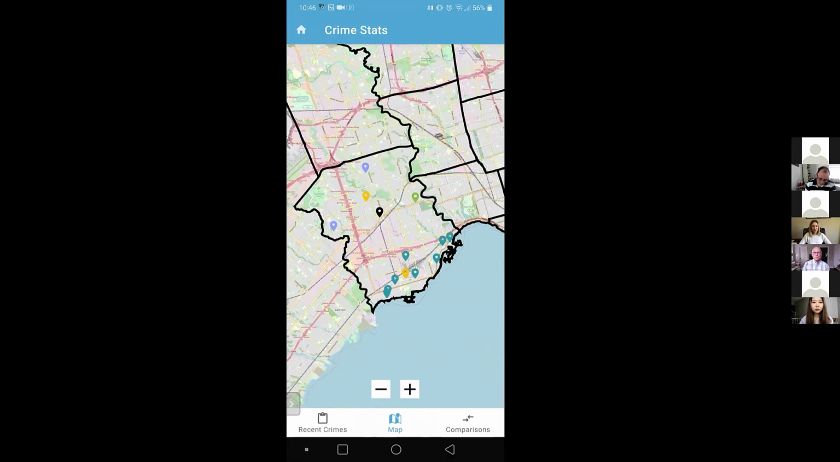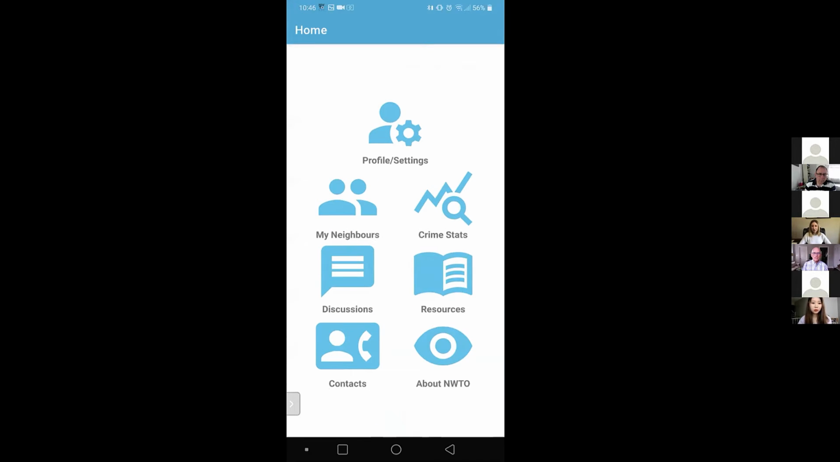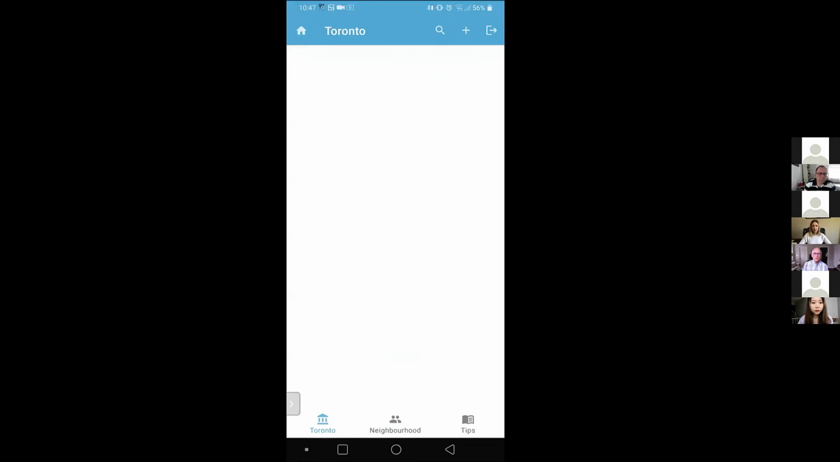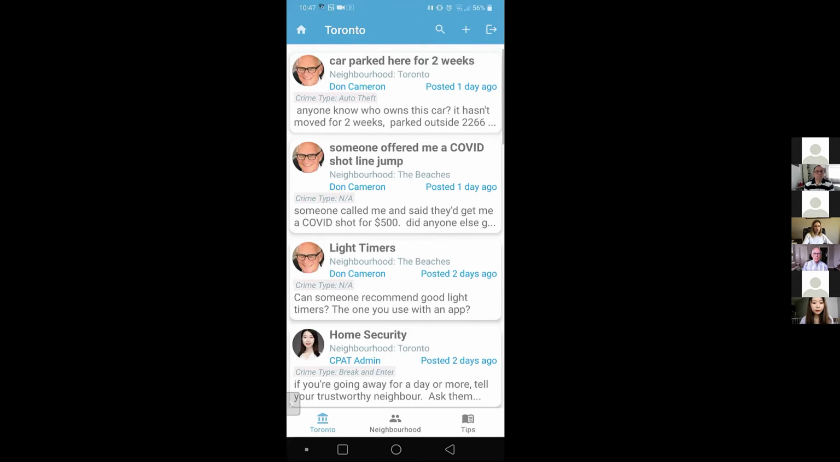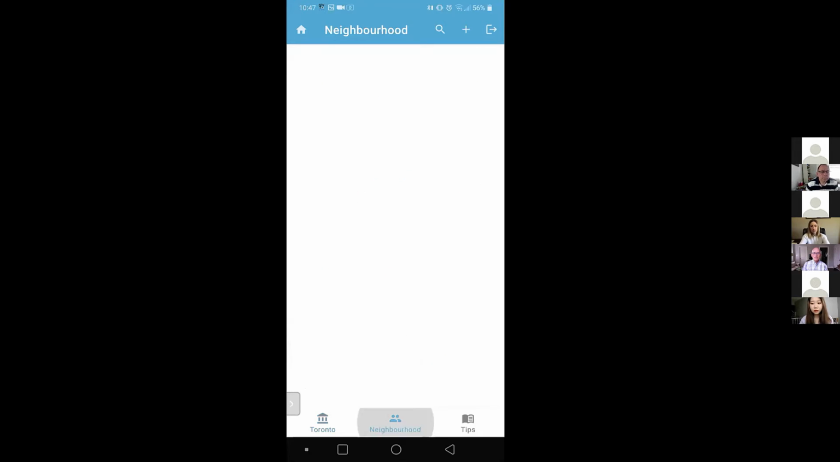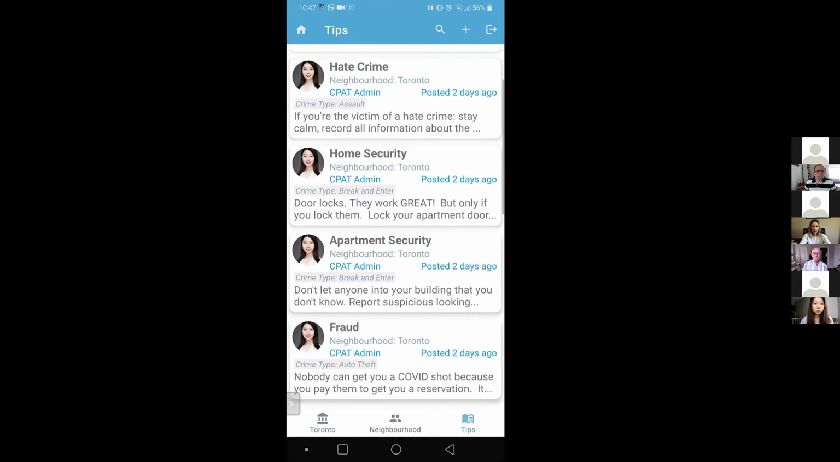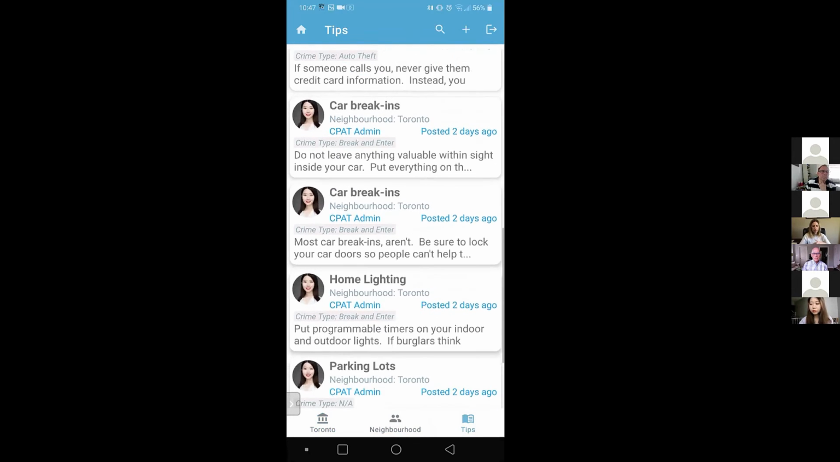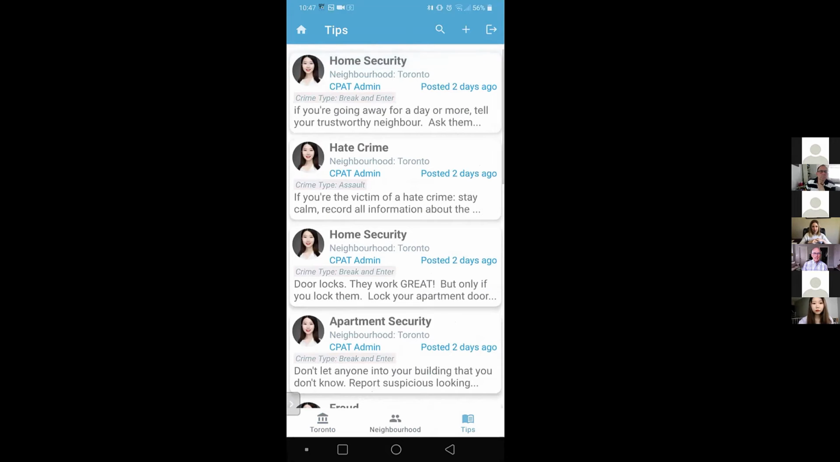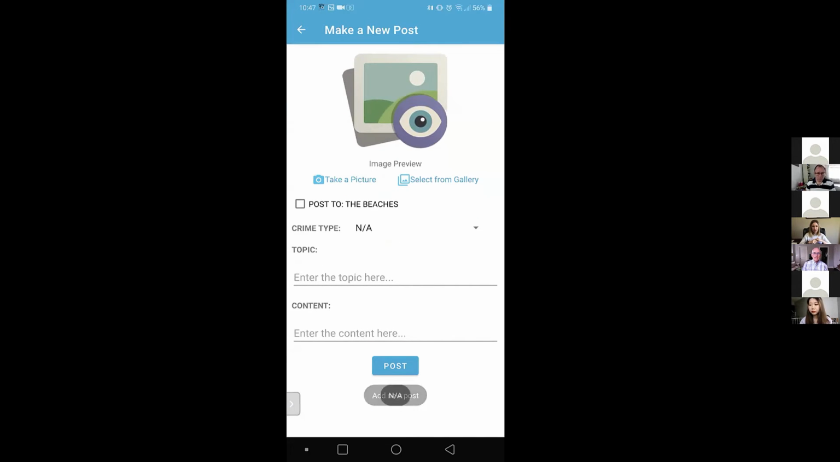Back now to the home screen, and let's click on the discussion and go to the discussion board and see what other app users are talking about across Toronto. Click neighborhood at the bottom, and I see what's posted for my neighborhood, the Beach. The tips button at the bottom right shows me crime prevention tips posted by our association, a new one every week. I can add a post and do that citywide, or I can click on a button to post just